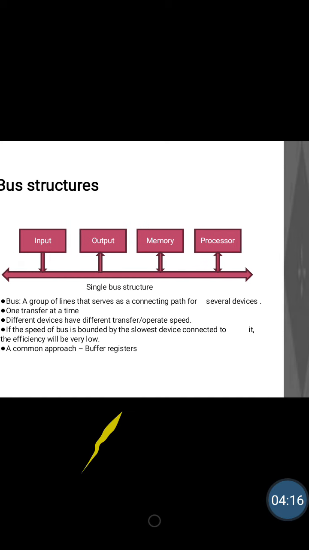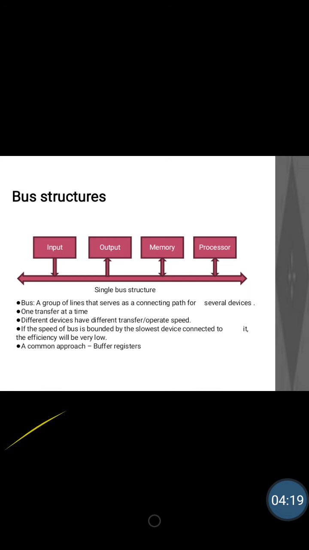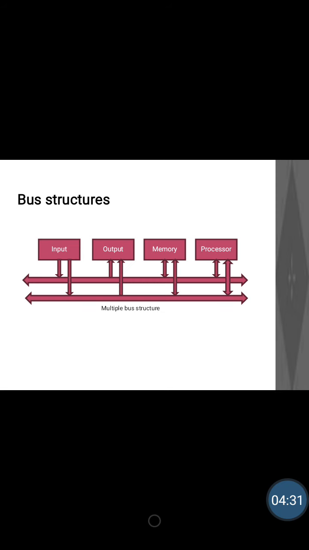You can see here, I'll just show you. Sorry, slides are not moving. Yes, see, you can look at here. I am making use of two buses. Two buses are there. To both of the buses, I am connecting input device, output device, memory and the processor. Okay. Likewise, I can have three buses. I can have multiple buses. Therein, what can be achieved? Okay. I can have using two buses, I can have two transfers at one time. If input and memory are busy, output and processor can be busy on the other bus, isn't it?